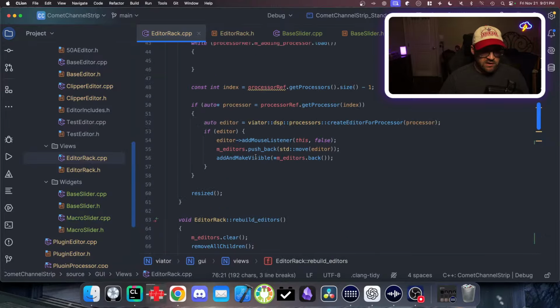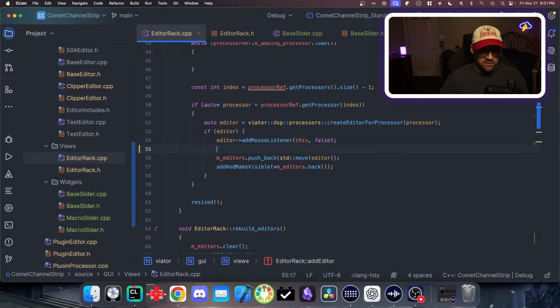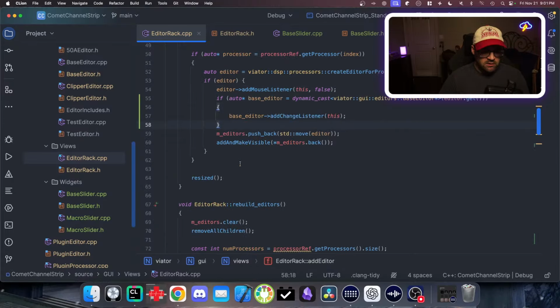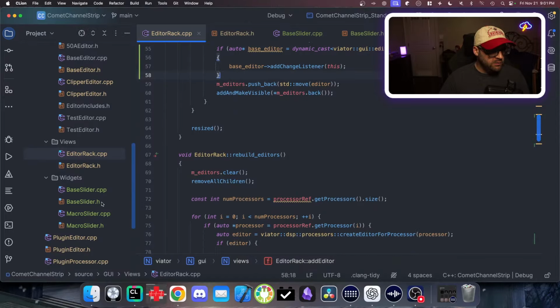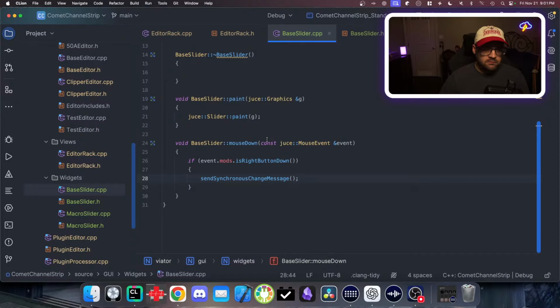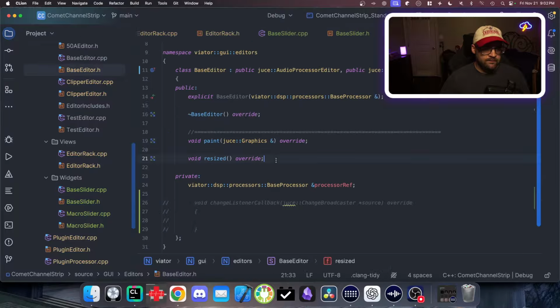Let's do this also in add editor. So we'll do this right here. And then what will happen if we go to base slider on mouse down, if it's right click, we send the change message up to the base editor that it's in. But we